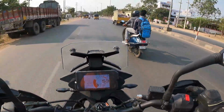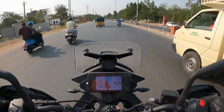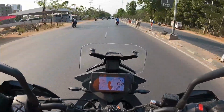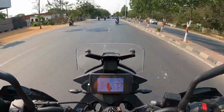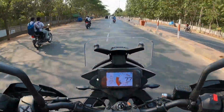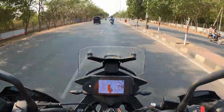Okay guys, so now we are on the highway to Ibrahimpatnam, and then we'll go to Nagarjuna Sagar, and then we'll go to Vizag colony. This is the plan for today by the time we return in the evening. So now we are cruising at comfortable speeds,